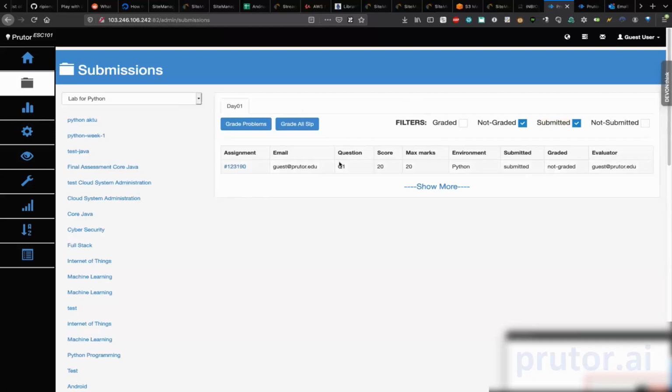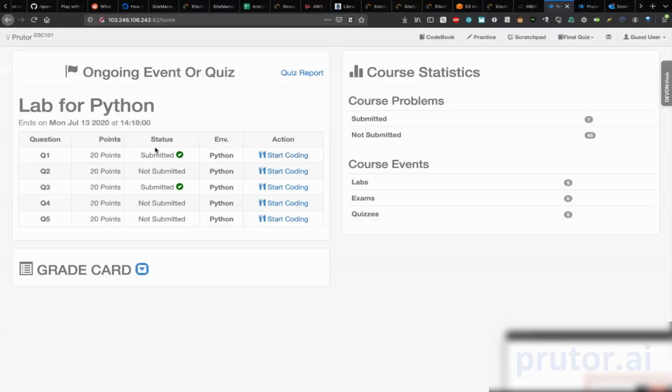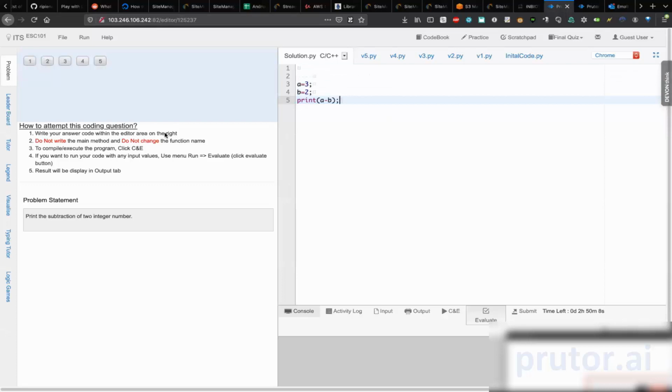So this is the same problem. This is question number 1. So I go back as a student. The lab is still on, sir. So he does this same problem. Suppose he hasn't submitted yet. So he goes to some internet source, and maybe even from here, he copies and puts the code here.